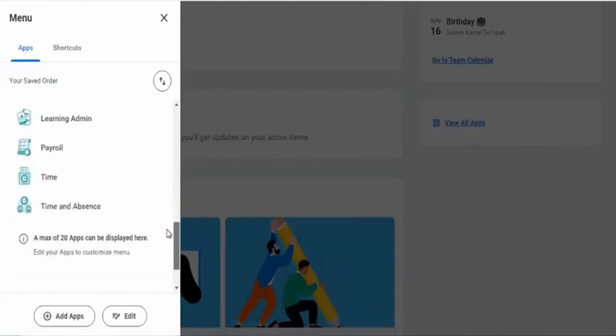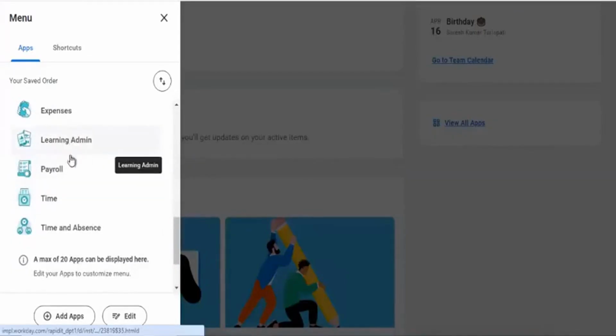One more thing is called Learning Admin, where only the learning admin will be able to see this. No other person other than the learning admin will be able to access this. Of course, in the background, the security team will be configuring it. Other people may have all kinds of work access, but Learning Admin is specific to learning administration. Only those people will be able to access this worklet. This is typically what we call a worklet, and people from the learning team can access this.